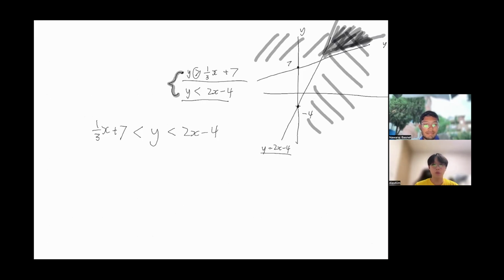Okay. So because of this 1/3 x, it's kind of difficult to plug in numbers. So we'll multiply everything by 3. So it'll be x plus 21, less than 3y, and that is less than 6x minus 12. You kind of understand? We converted that into that. Yes, we multiplied by 3, sir. Yeah, multiply everything by 3. And so